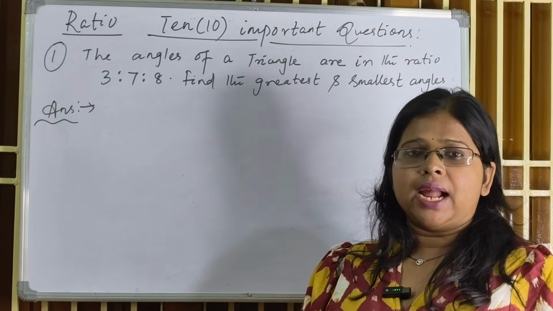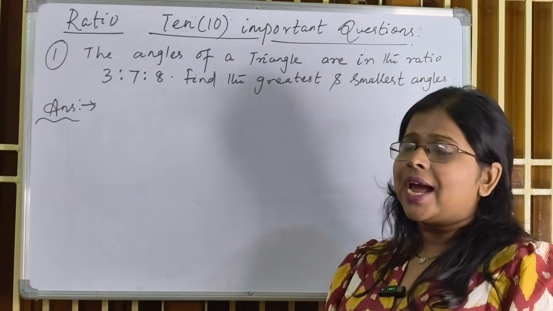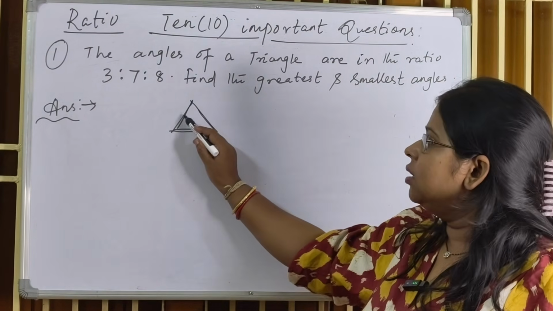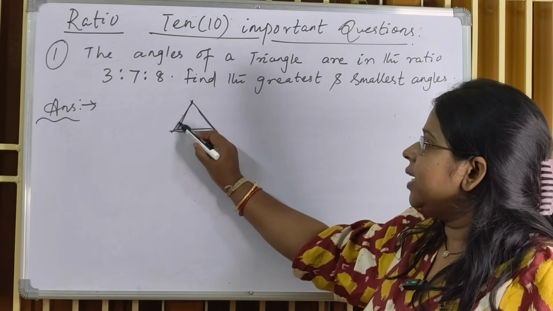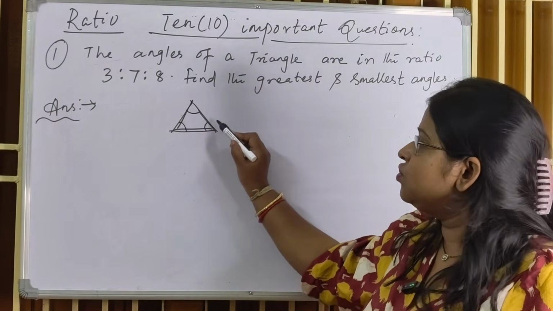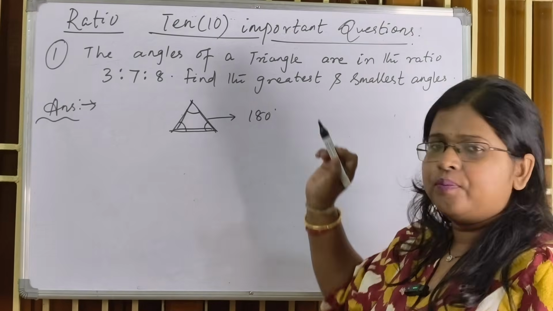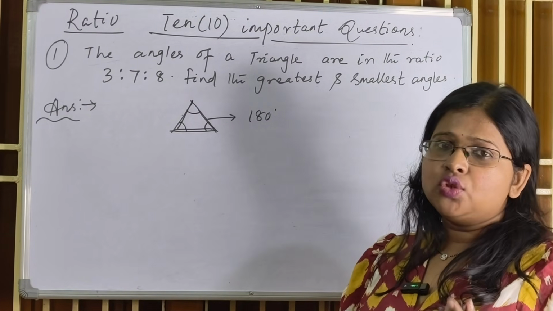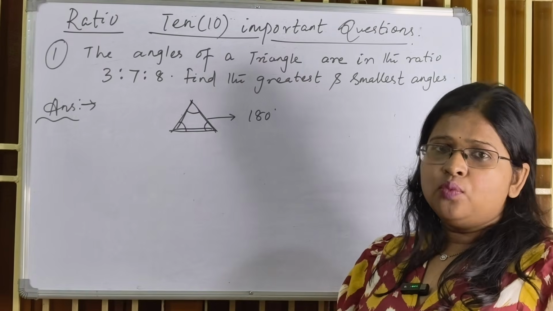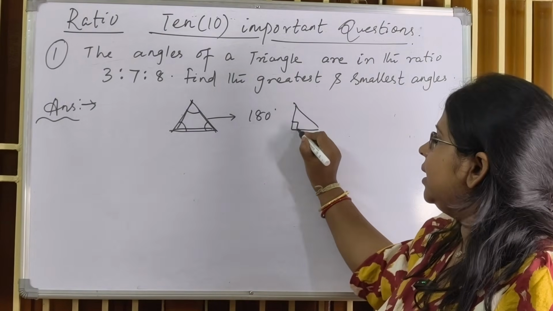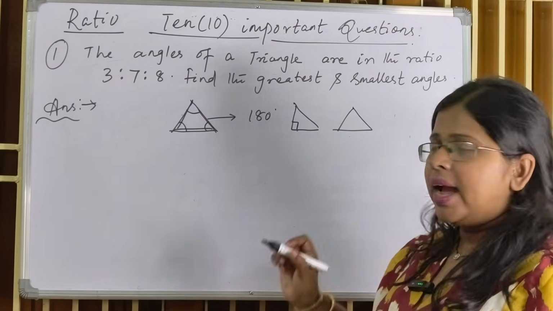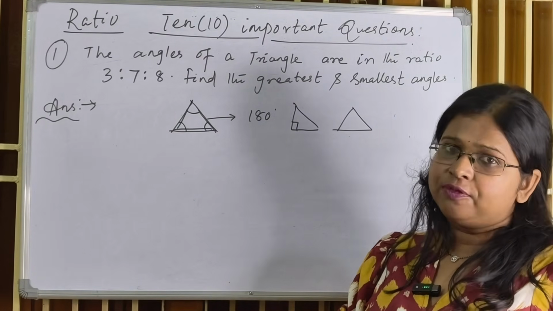Before going to the triangle part, first of all, how many sides does a triangle have? 3 sides, right? The perimeter is the addition of the 3 sides, and a triangle also has 3 angles, and the sum of these 3 angles is 180 degrees. If it is an equilateral triangle, then all the angles would be 60 degrees. But if it is a right angle triangle, one angle must be 90 degrees, then the other 2 angles would be acute. Similarly, in a scalene triangle, all the angles must be different from each other.